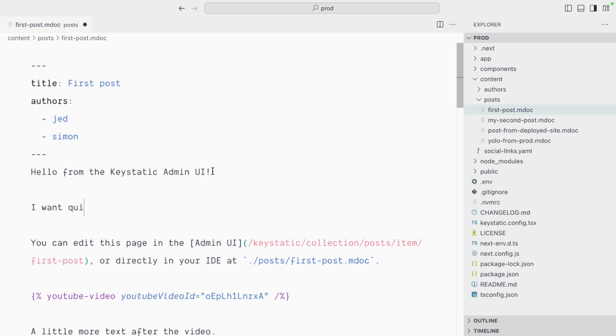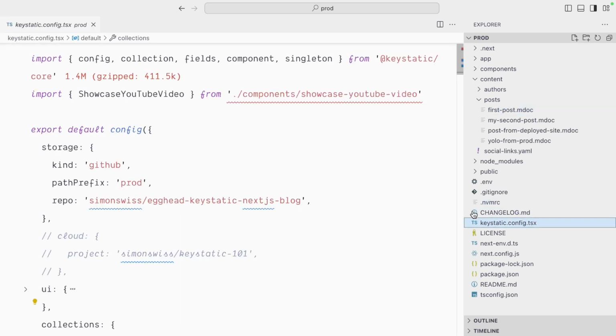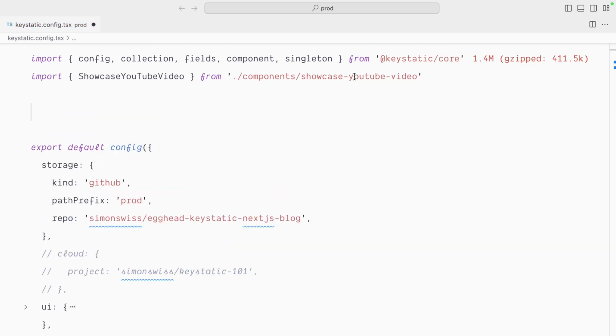I want quick changes. When you're deving and prototyping, chances are you actually want to use local mode because it's much faster. But you also don't want to alienate other people who want to contribute to your project in production. And a really nice compromise here is to change the storage mode based on whether you're in development or production. Let's do this. Const isProd equals